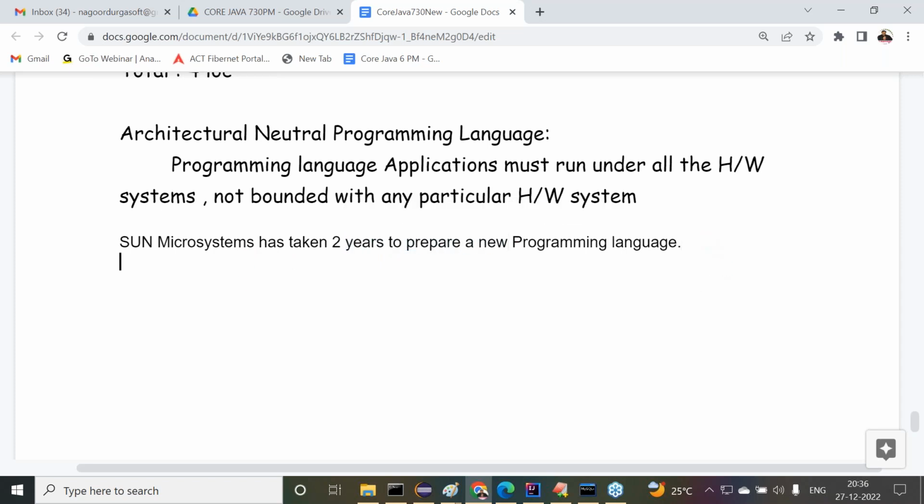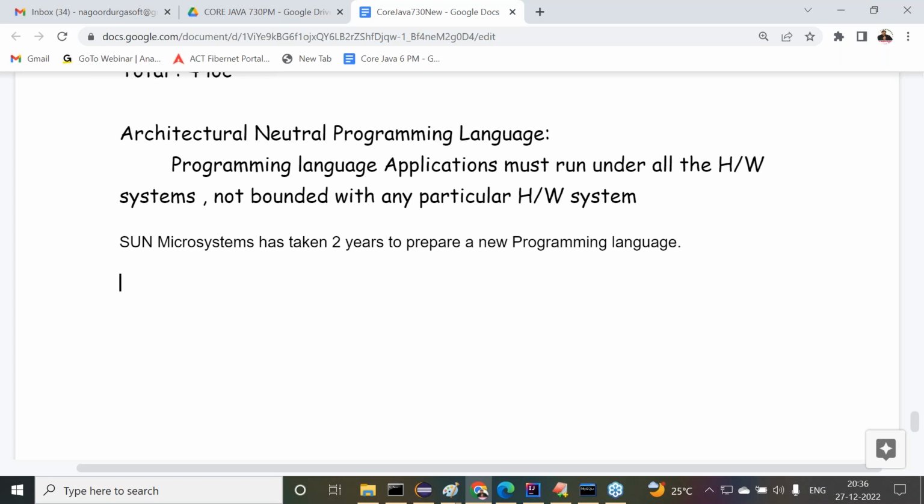Observe carefully. At the end of 1992, the new programming language was created. Got it or not? Okay, fine.